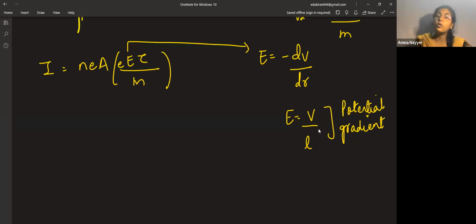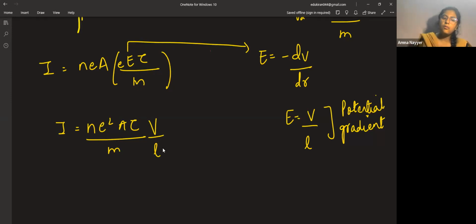This is also very important. At that time also when we were discussing, I told you this will come further also. This relation will come ahead also. It's a very important relation. We had seen this relation in capacitance also, in the derivation of it. So let's put this value also. This is the value of E. So I becomes equal to N E into E, which becomes E square A tau by M, and instead of the electric field, I'm writing V